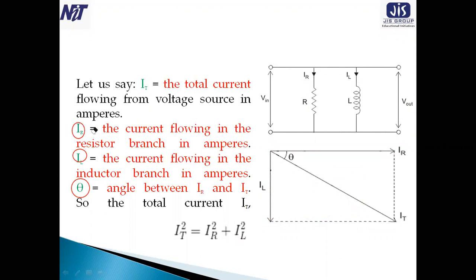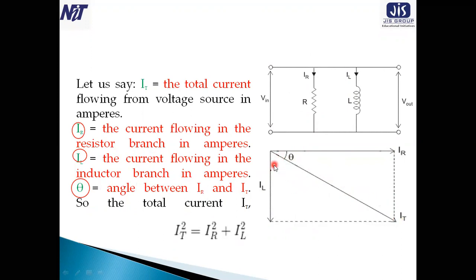Now IT is the total current, IR is the current flowing in the resistor branch in ampere. IL is the current flowing in the inductor branch in ampere. Theta is the angle between IR and IT. So how to find